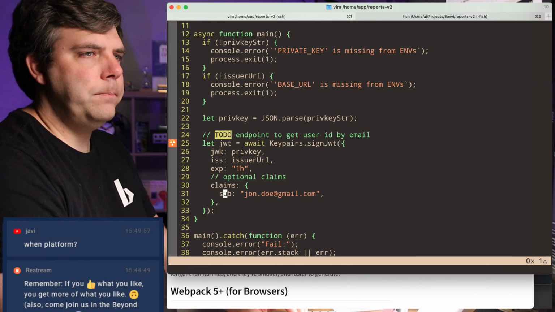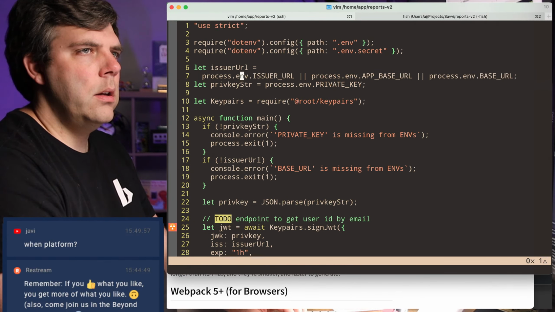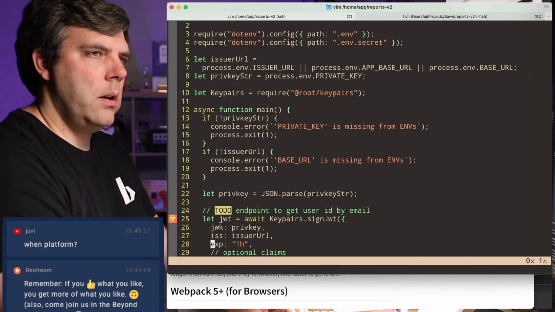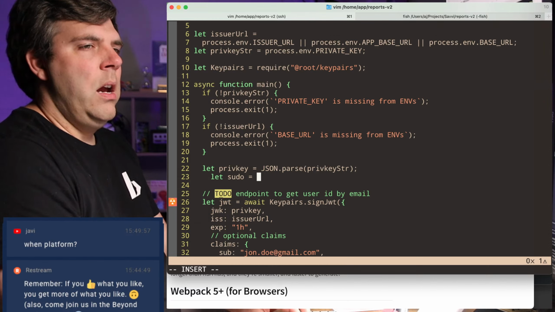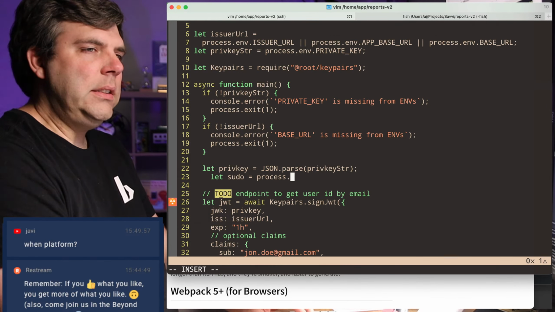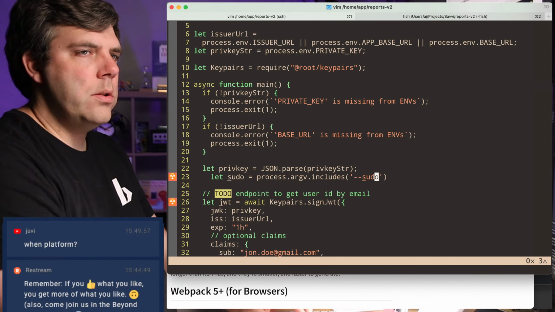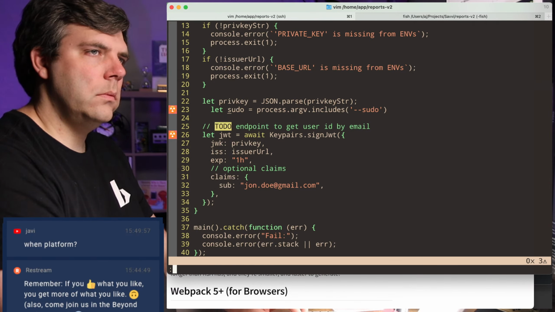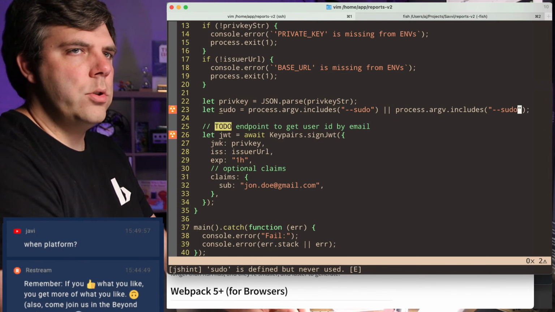And what else do we need? Do I need something that will allow me? I think I want this too. Let sudo equals process.argv.includes('--sudo'). Or we could do '--root'.